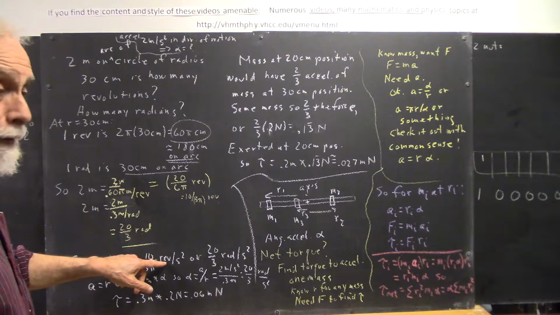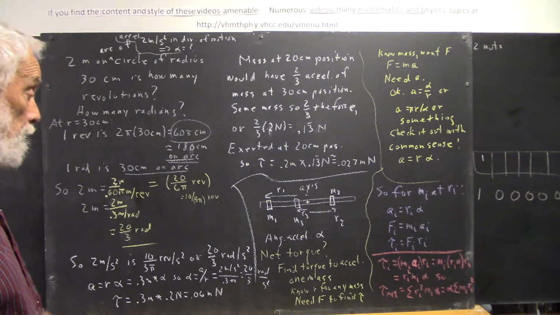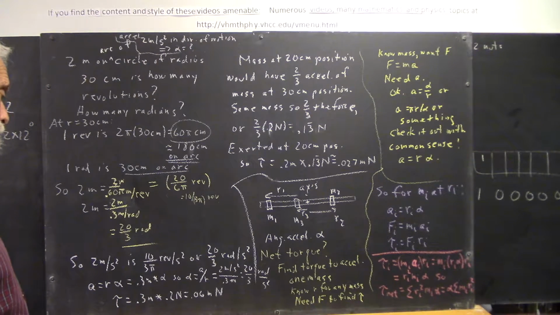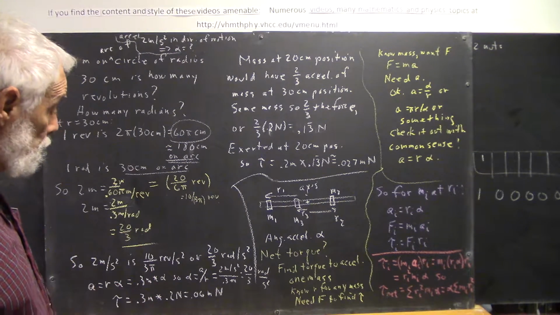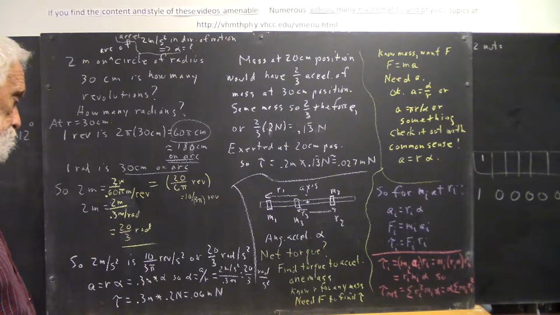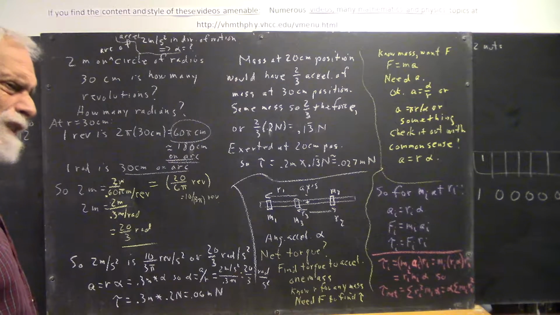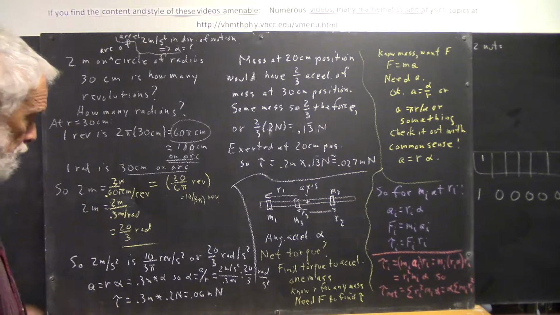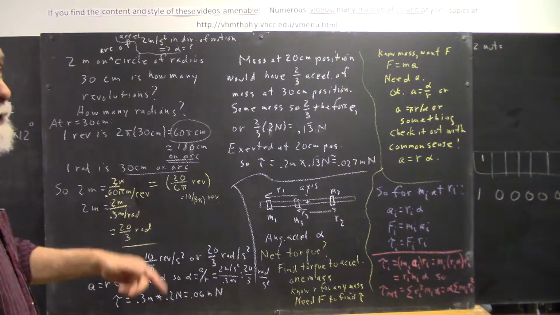Now if I multiply this by 2 pi radians per revolution,